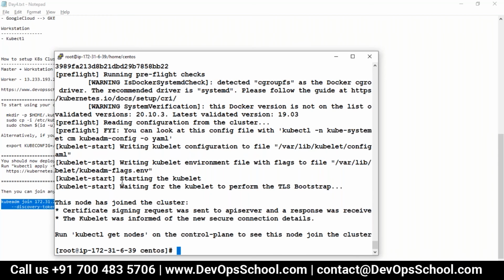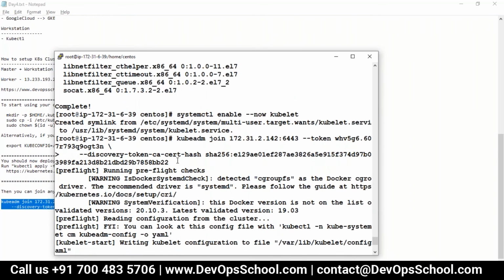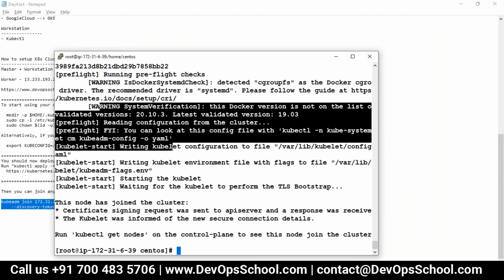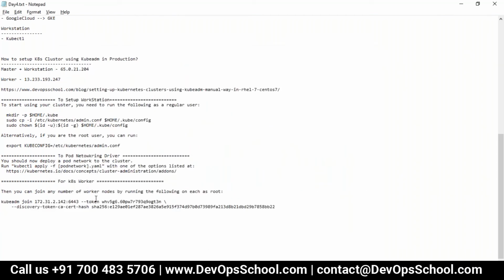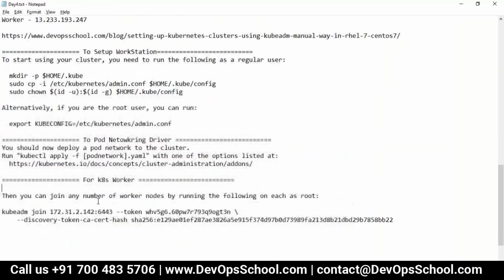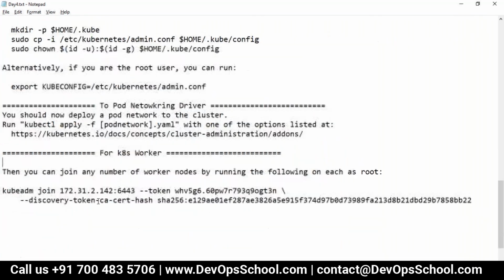Remember, whenever you run the join command, what will happen? Look at this very carefully. Now let me explain this command. Do you remember the story of the minion? So here what happened? The worker, using kubeadm join, sends a request to this API server address. They request, okay, please make me your slave worker.